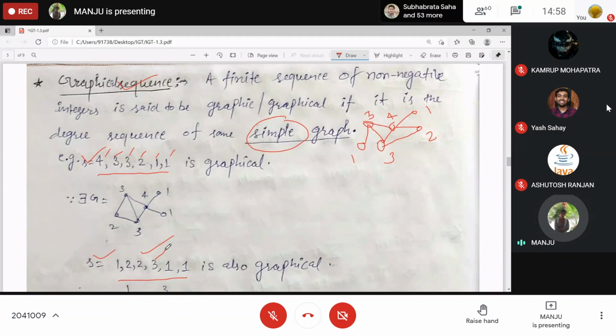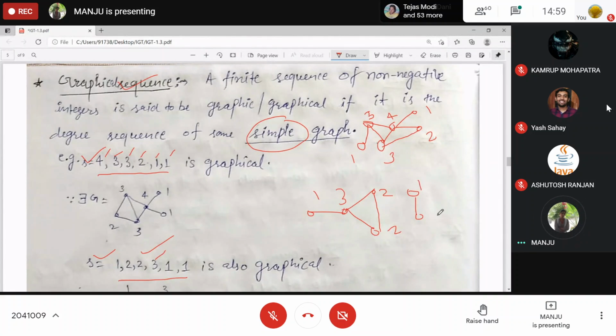One vertex has 3 degree, 2 vertices have 2 degree, and 3 vertices have 1 degree, right? You can draw a connected graph as well as a disconnected one, it doesn't matter. But there should be some simple graph.